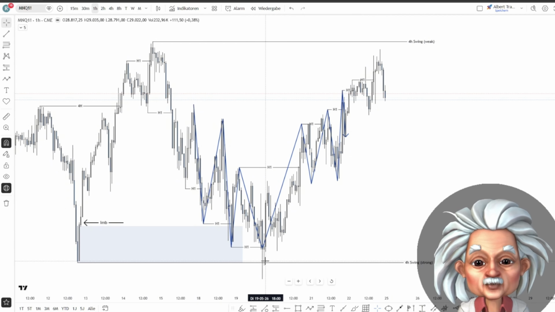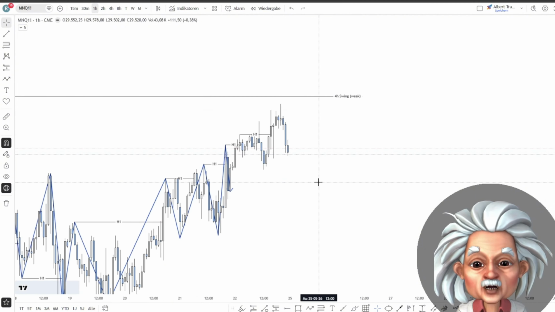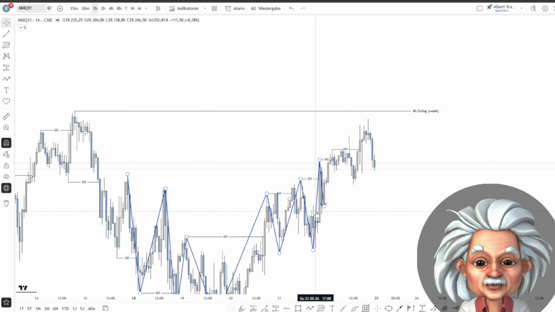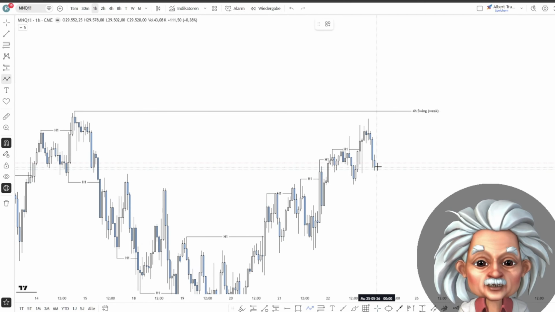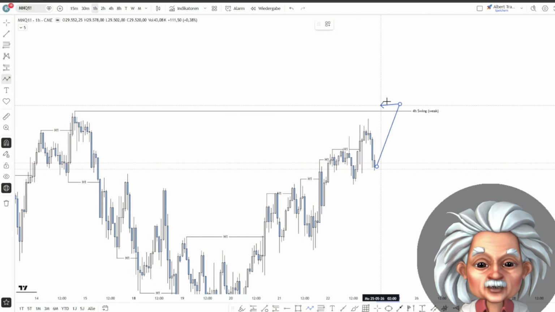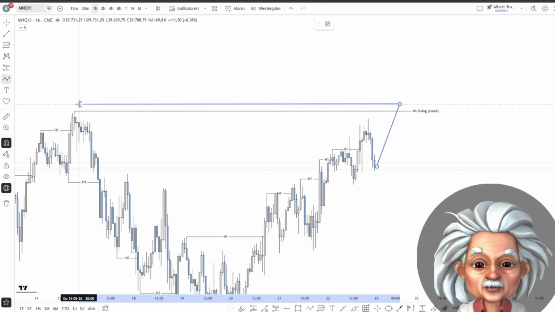And this is exactly what happened. Now the market is again printing higher highs and higher lows. And for the upcoming week, I'm anticipating that at least we get a further leg to the upside to at least wick this liquidity. And then we have to look at what the market is telling us. It could be that the market is after the sweep of this liquidity